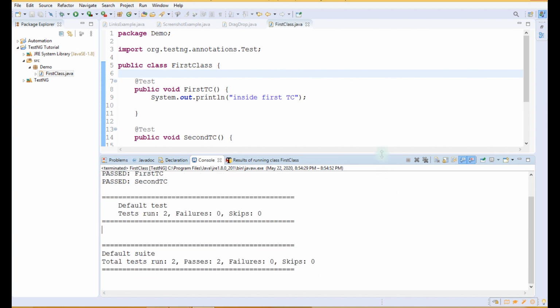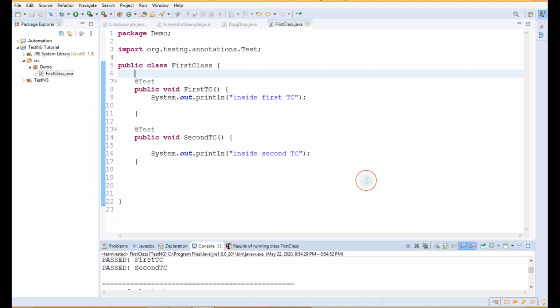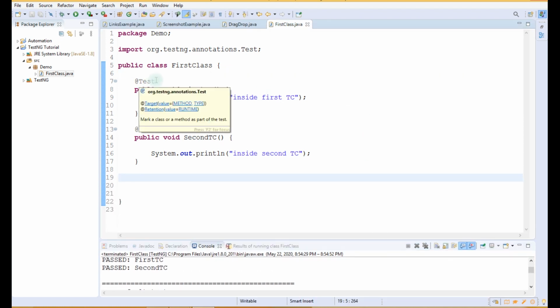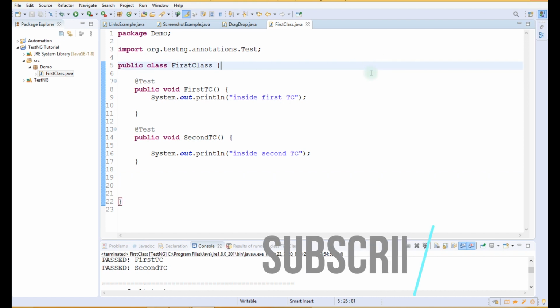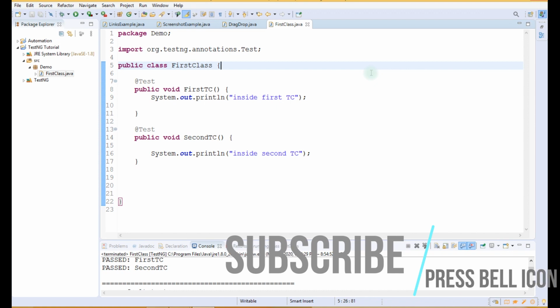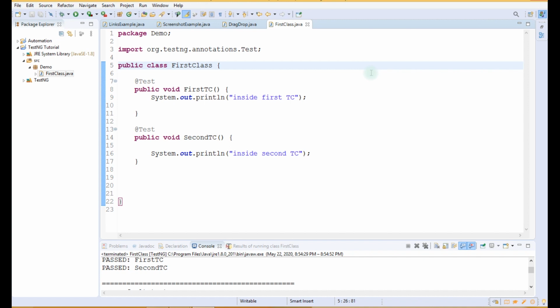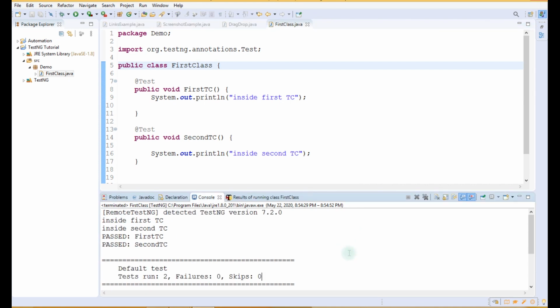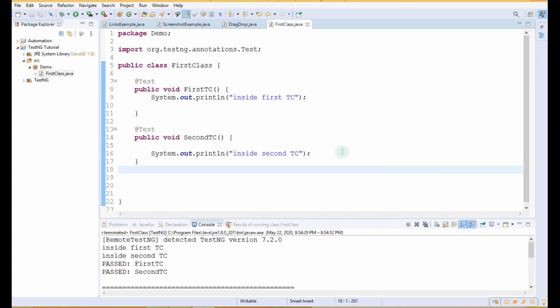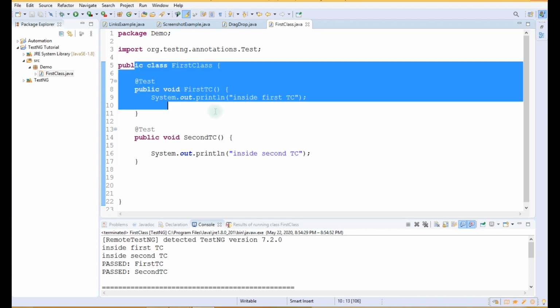So guys, this is the method by which we can write our test cases using TestNG and the @Test annotation, right? So in further videos I will show you other annotations and I will also show you the testng.xml file which is created using TestNG, and we have to understand that XML file for running our test cases. We can also run our test cases using that XML file. That's why it is important to understand the XML file that is created by TestNG. So this is the method by which we can write our test cases.